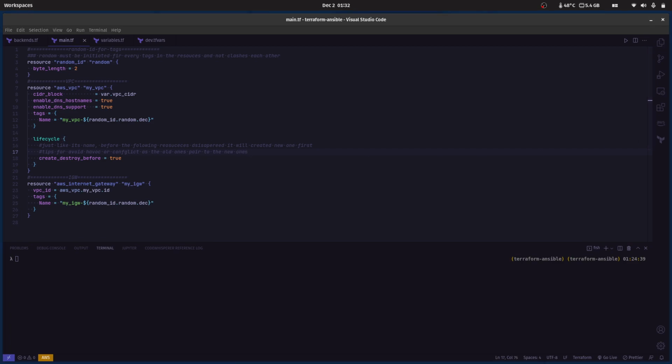Could have potentially changed this random ID using something called keepers, but we may look into that later. We're not going to bother that now. Right now, the best way to do this is this create before destroy lifecycle policy there, as indicated within the random ID docs. This resource can be used in conjunction with resources that have the create before destroy lifecycle flag